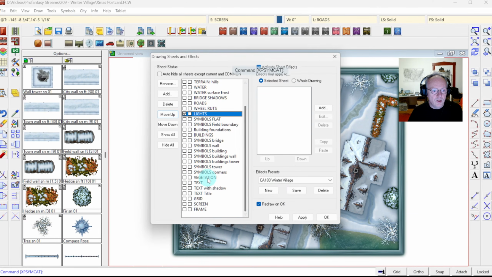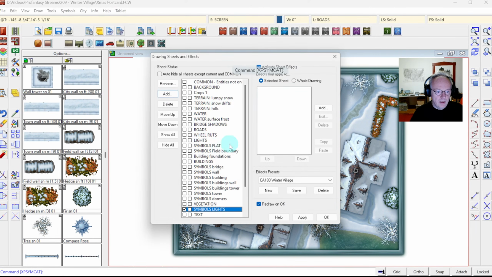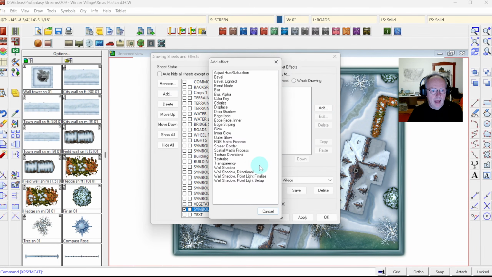And then I might want to put some symbols on a sheet that goes above the lights and all the other symbols. So I'm going to also put in a sheet called symbols lights later in the map, and this is going to get my